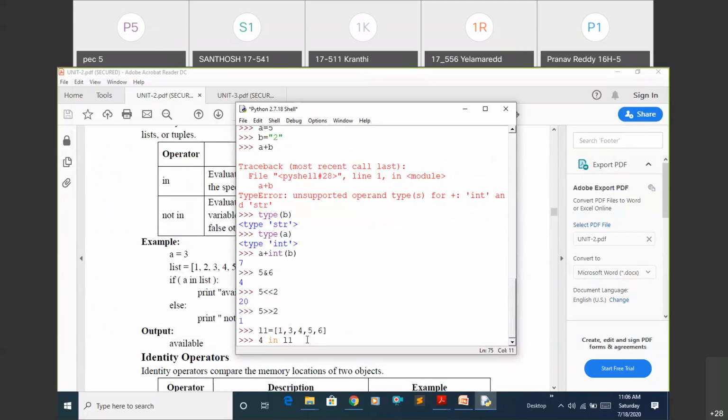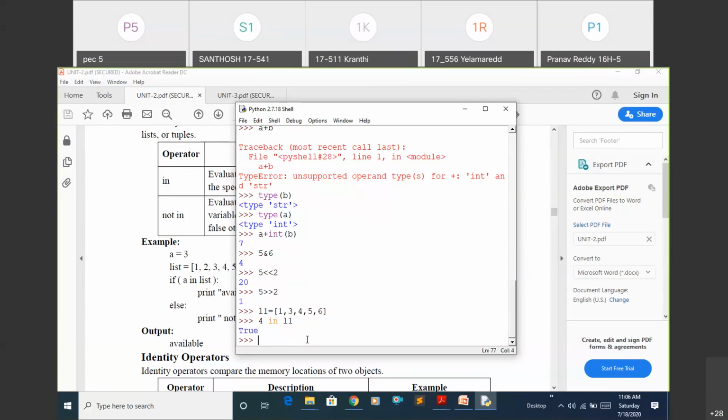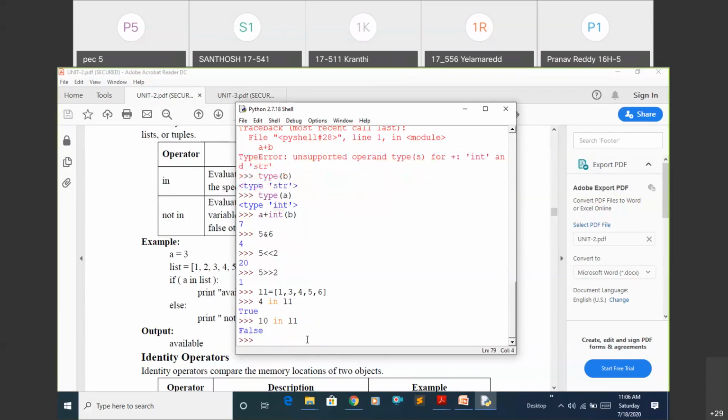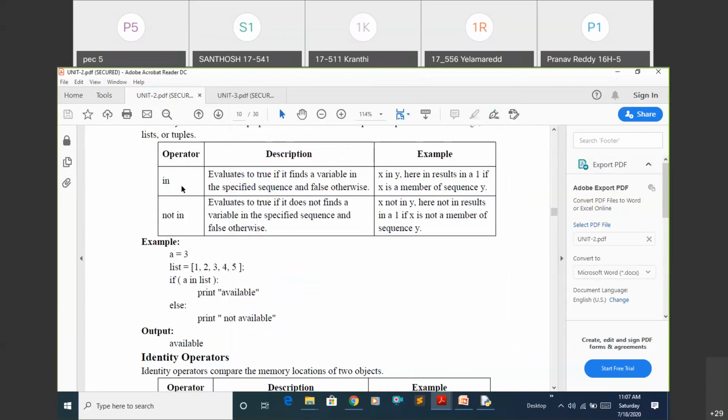If the element is available within that list, I will get true. Otherwise, I will get false. Here I am getting true, right? Instead, I'm checking 10 in L1. Here I will get false because that element is not available within that sequence. This is one sequence. In that case, we will use this in operator and not in operator.